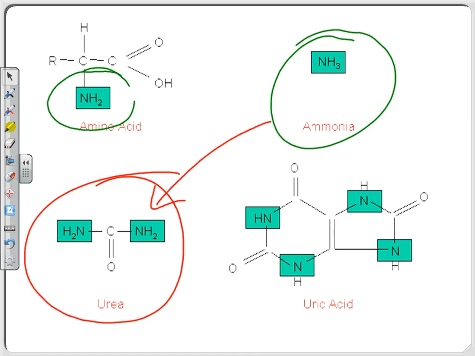But not as much as it takes for this. So this is more toxic. This requires lots of water to flush it out of your body. This is how fish get rid of their nitrogenous waste, ammonia. Our ammonia gets sent to our livers, us and amphibians, where it gets combined with CO2, converted to a less toxic chemical, urea, and then flushed out with some water, but not as much water as it takes to get rid of this.